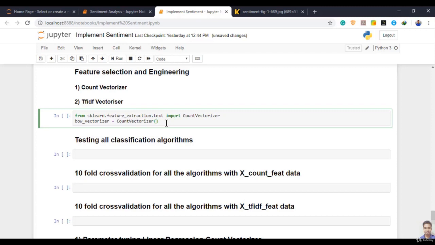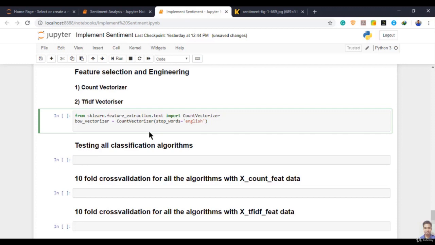That is not out of scope, so you can check the manual for what kind of hyperparameters you can give it. And now I mention stop words, which is the language you are dealing with. So it's English, then bow vectorizer dot fit_transform,